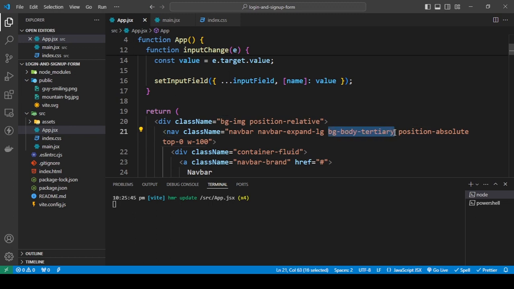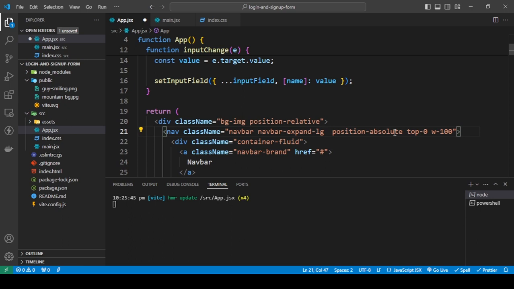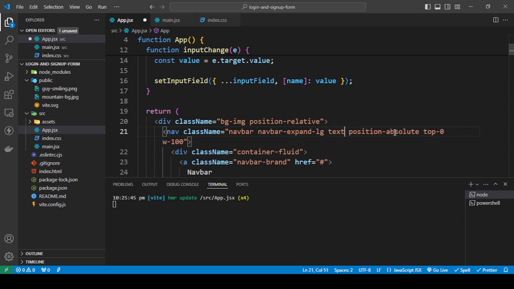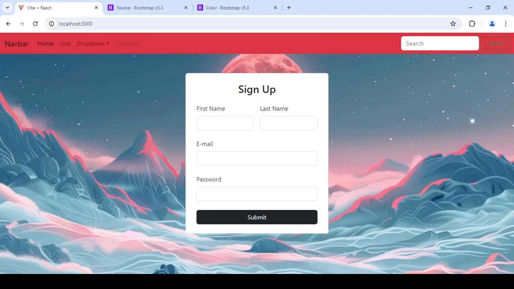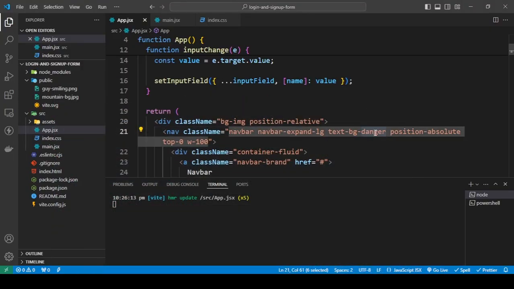There are predefined styles and you can use those, and the way to do that is you can do text-bg-, let's say danger. This is a predefined style, and there's also another one called primary. Okay,